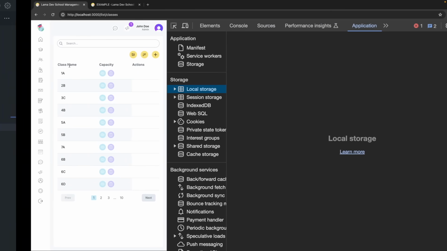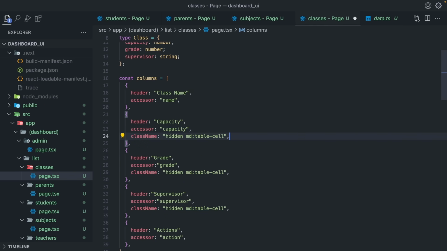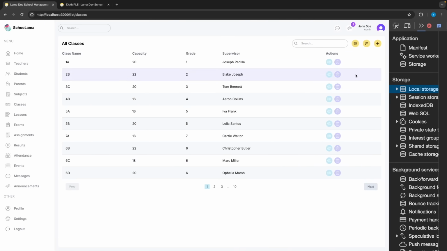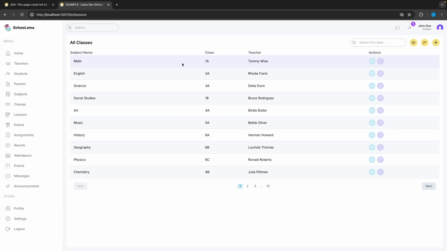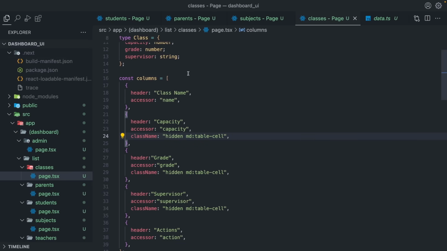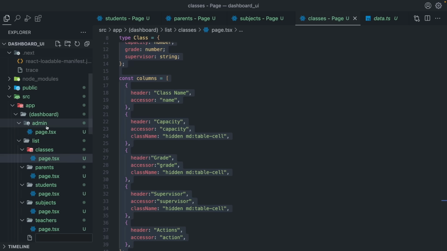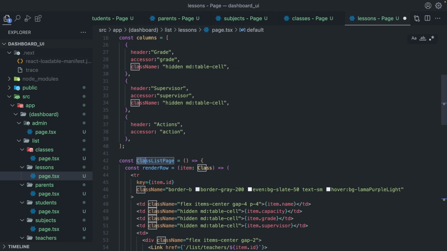Okay, there is something wrong here, because we don't have class name. Let's copy this and paste here. Okay. What about lessons? We have the subject name, class name, and the teacher name. I will copy this, create my list page, lessons page.tsx. I'm gonna paste it here, change my component name,